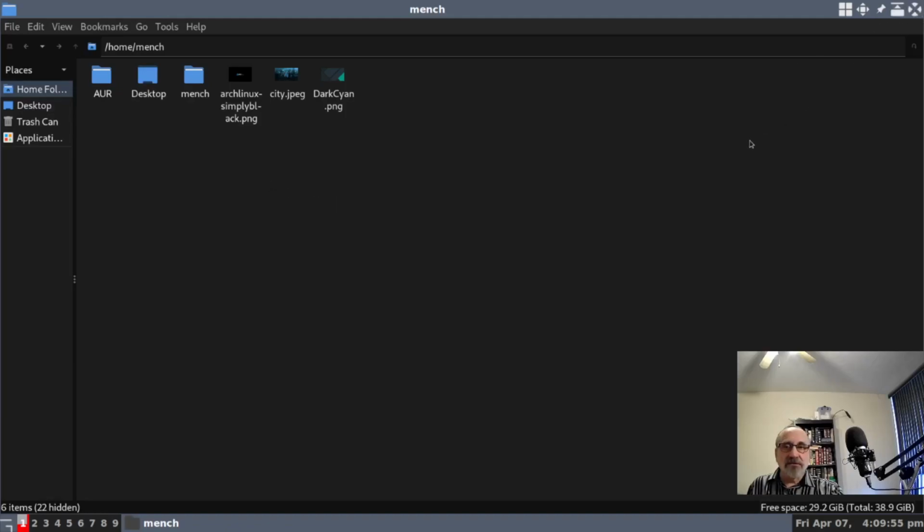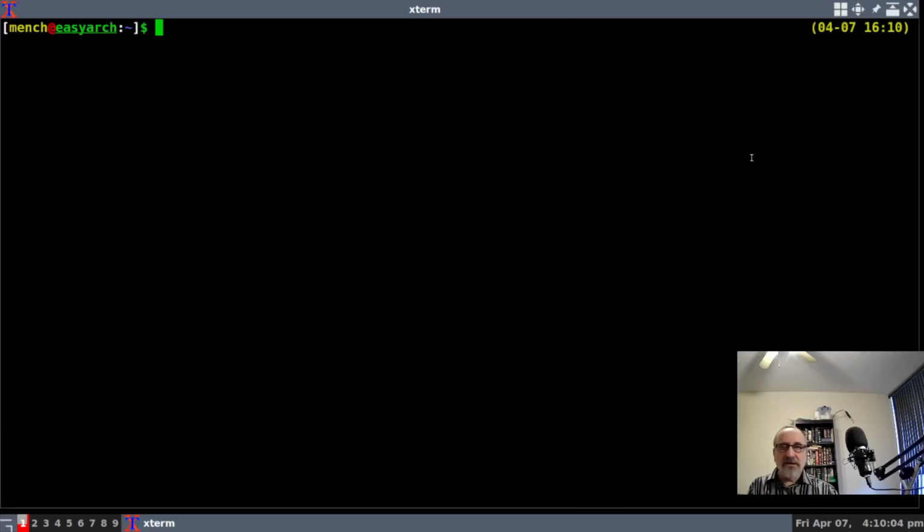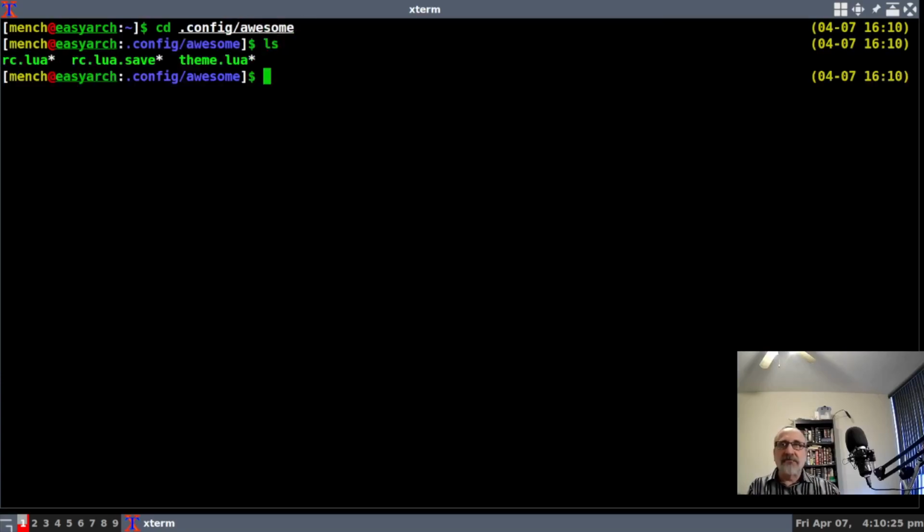So what I'm going to do is close this. I'm going to open up my terminal by hitting the super key and the enter button. And I'm going to type in this command, vim. No, let's not even do that. Let's do cd .config/awesome. Now we can see I have files in here. And I'm going to go into this